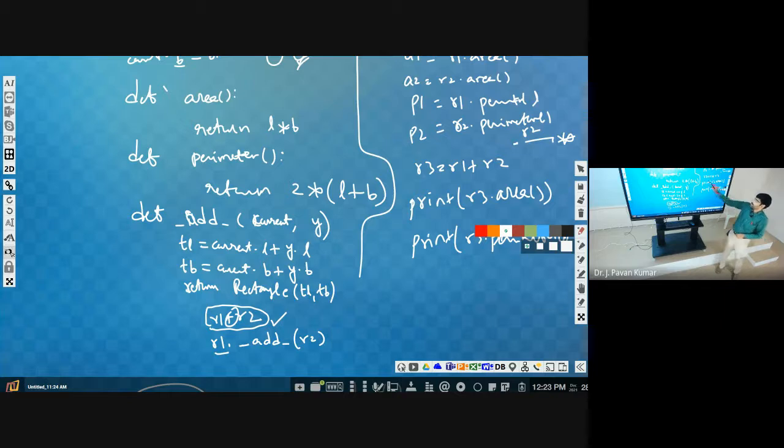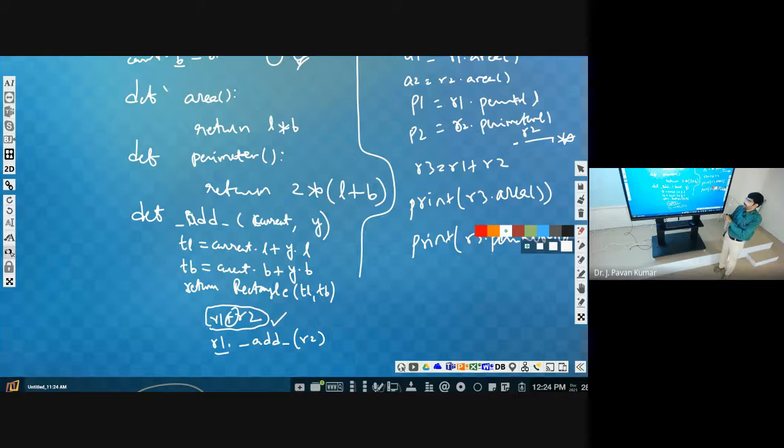See, so here R3 is equal to R1 minus R2. Let us say that for that, what is the minus functionality? Minus can subtract two numbers, which can be integers or real numbers, but it cannot subtract two objects. To subtract two objects, what do we need to do? We need to define a function called underscore sub underscore. For that also we will have two parameters. Similarly, here we just put minus, then we can return that object. So in addition to add, we can have subtract as well, in the same class.